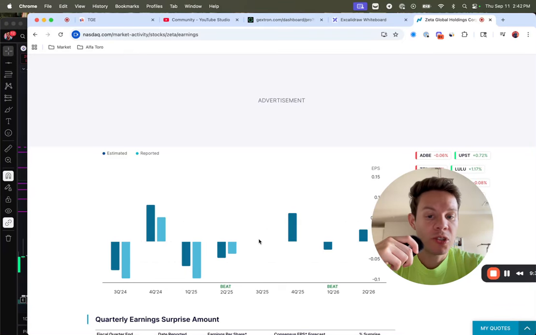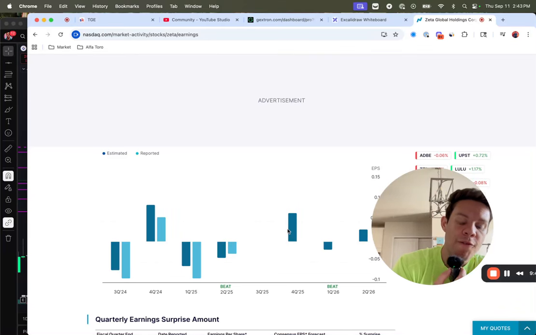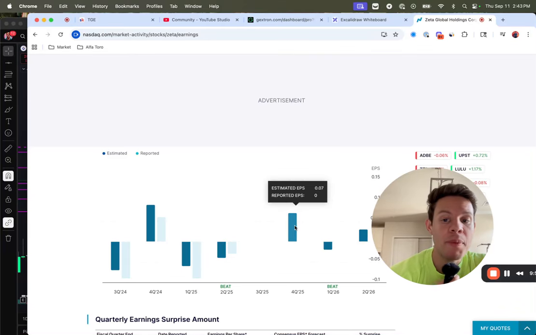They'll probably be flat on EPS here for Q3. Let me see, I could barely hover it because it's so small. It's going to be flat, which is a good thing. 0 EPS is better than negative. And then the next quarter, Q4 of 2025, they're going to be positive again. Okay, then they're going to have a little drawdown here on Q1, and they will pick it back up.